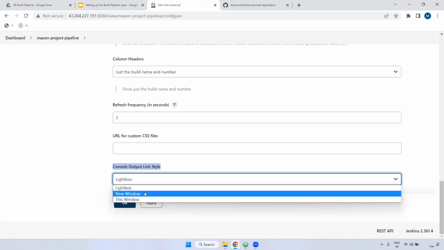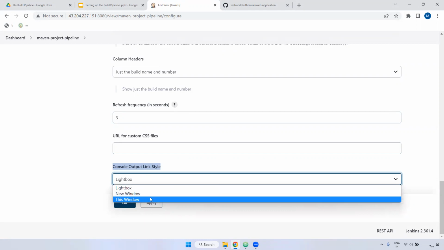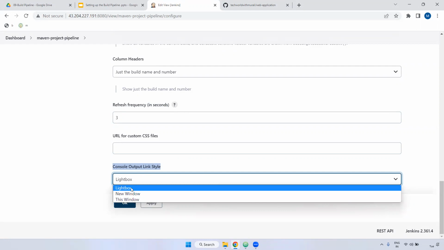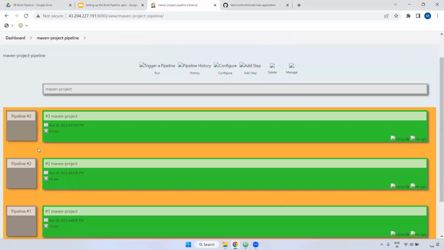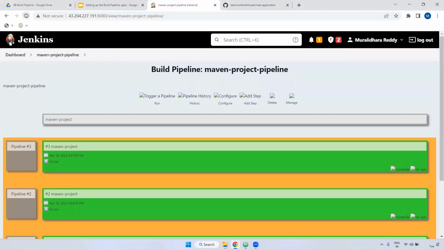In case you want to open a new window, it will open. If you want to open the same window, you can use this one. Lightbox I'm selecting here, applies. Okay, now what I'm doing here, if you observe, you are able to see the trigger pipeline